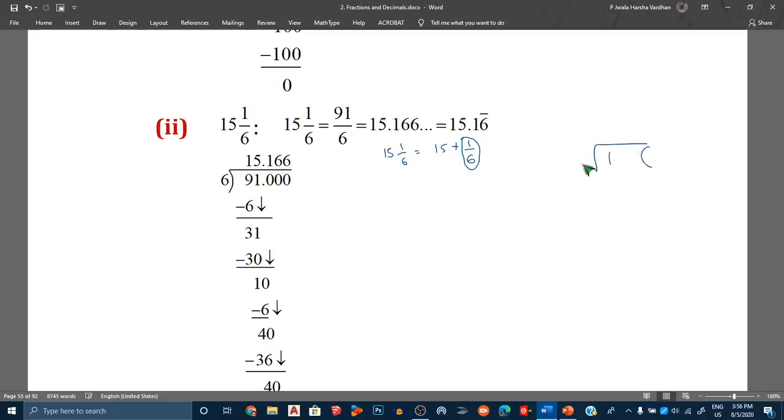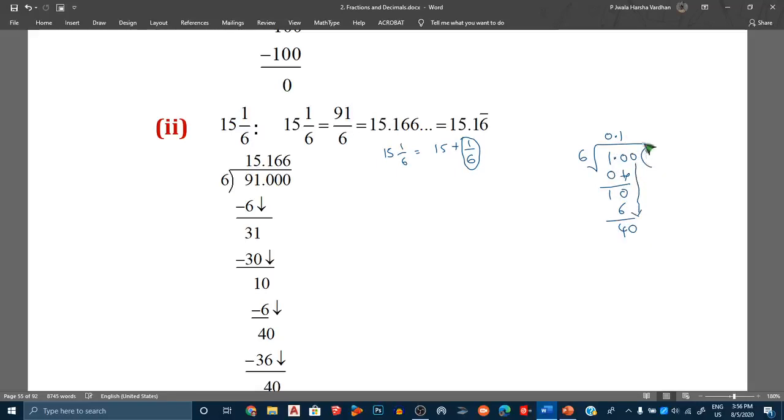Okay, how many times can you divide this one? Zero times only. 6 zeros 0, here 1. Bring down 0 here. So now you put a point exactly above this point, 1 point here. So 10, one time here. 6 ones are 6, here 4, 40. Here bringing down one more 0.